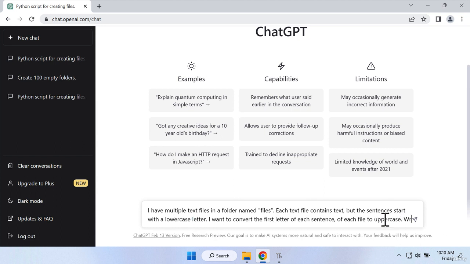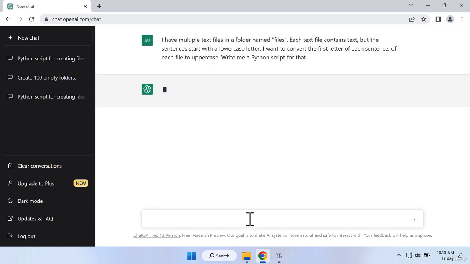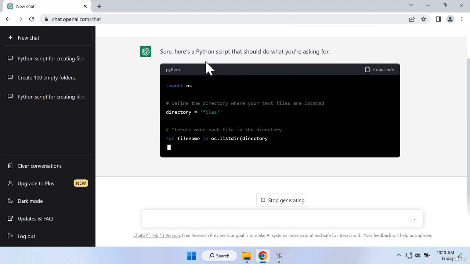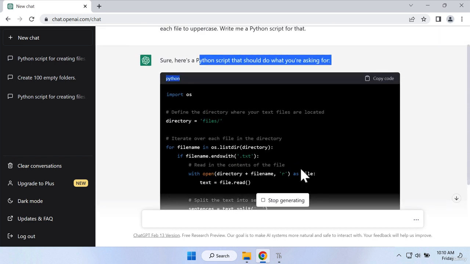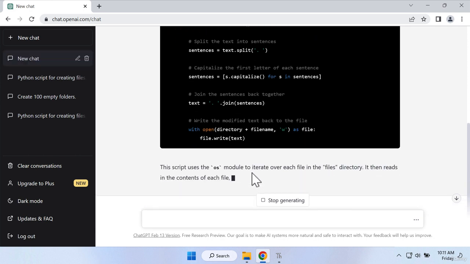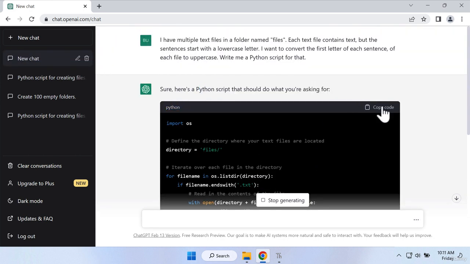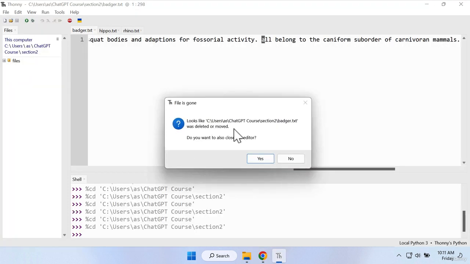That's it, and then you write: write me a Python script for that. That's it. Press enter and wait for the response of ChatGPT. As usual, you will get this description, then the code, so wait for the code to finish. After this, you'll get the description. So copy the code, go to Thonny, and this is telling me that badger.txt was moved,